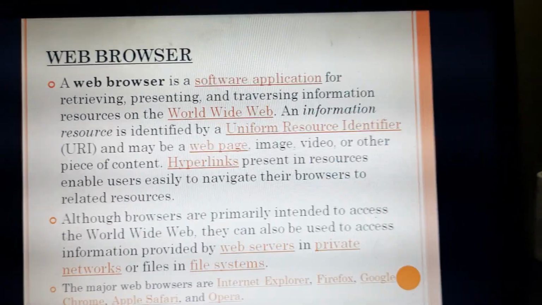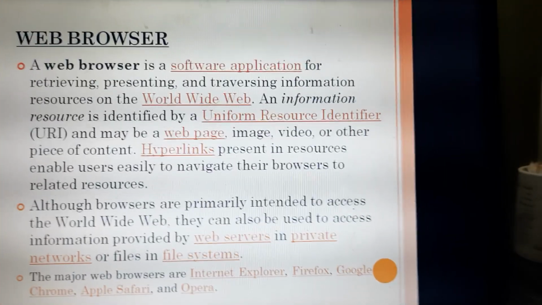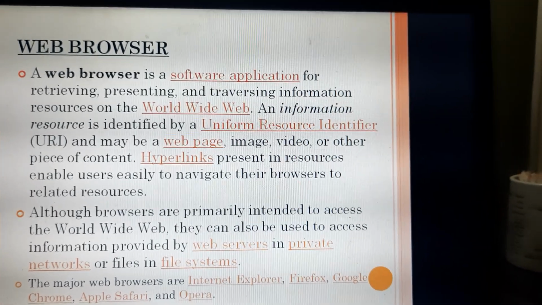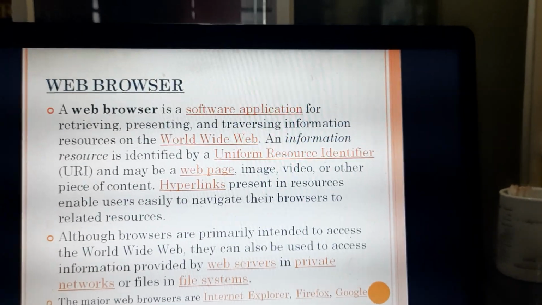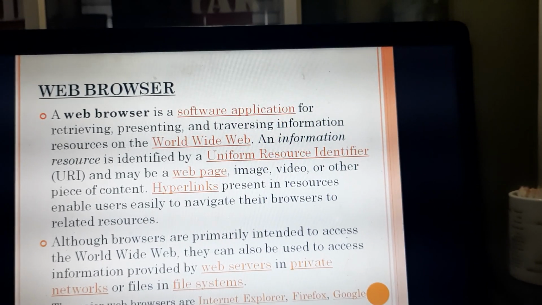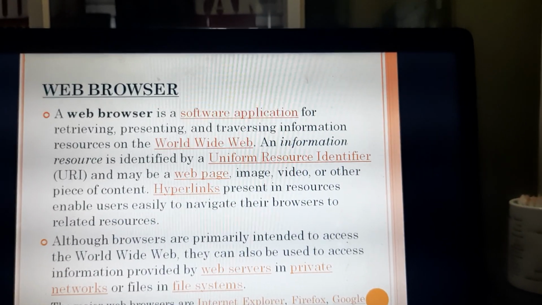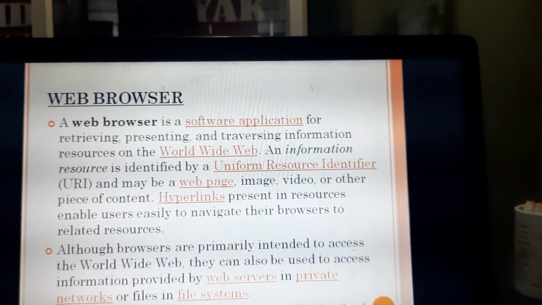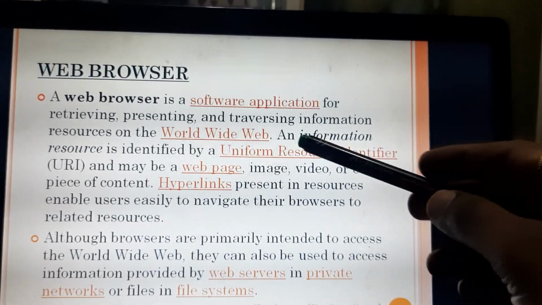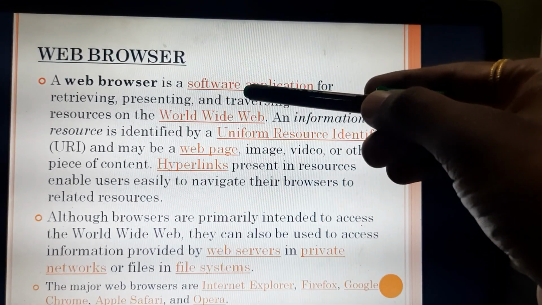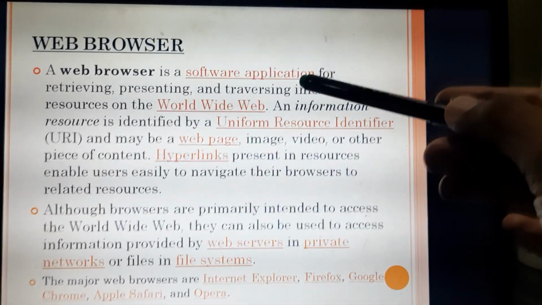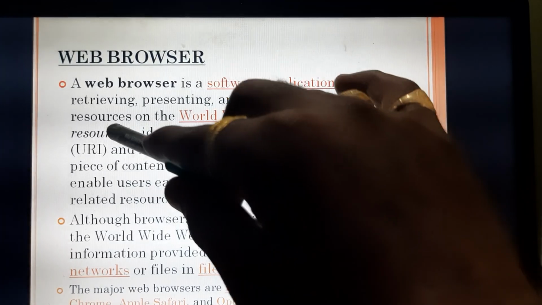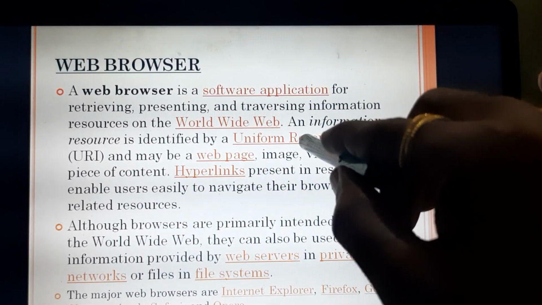Now coming to the web browser. A web browser is a software application for retrieving, presenting, and traversing the information resources on the www. Popular web browsers are Internet Explorer, Mozilla, Google Chrome, etc. These web browsers are simply software applications for retrieving, presenting, and traversing the information resources on the www.